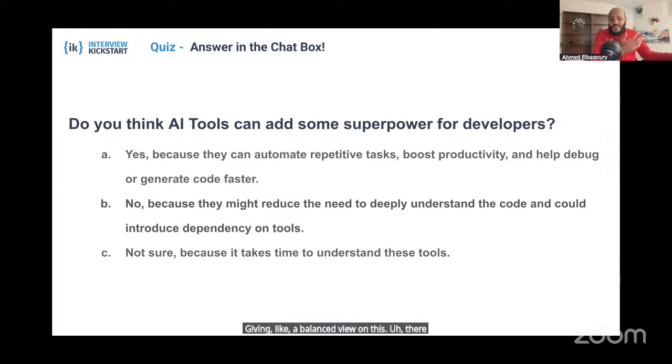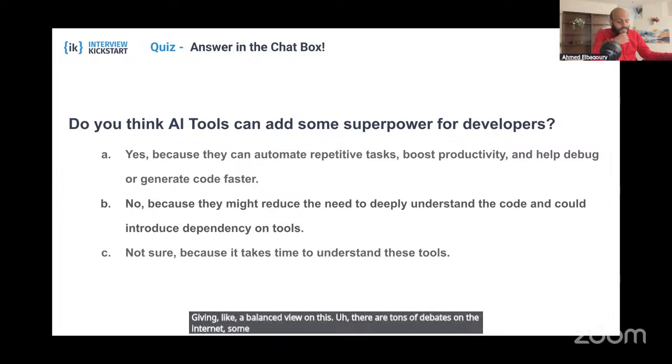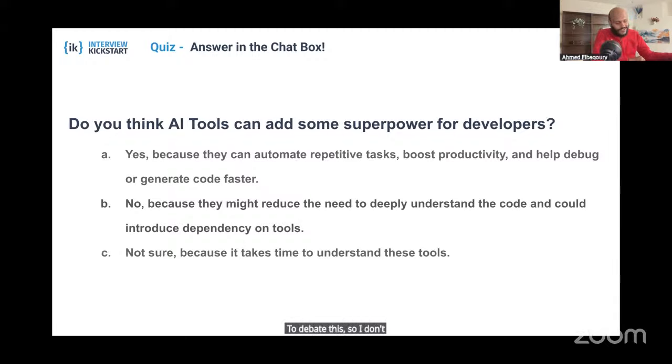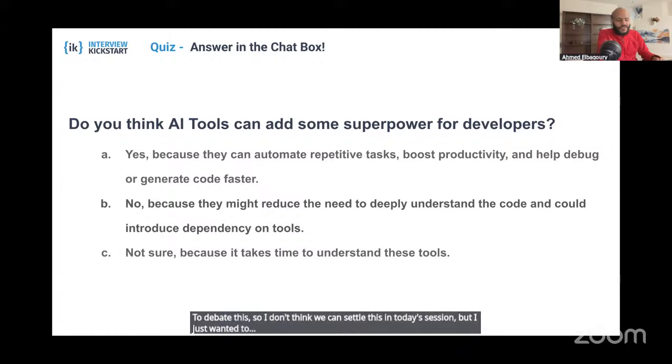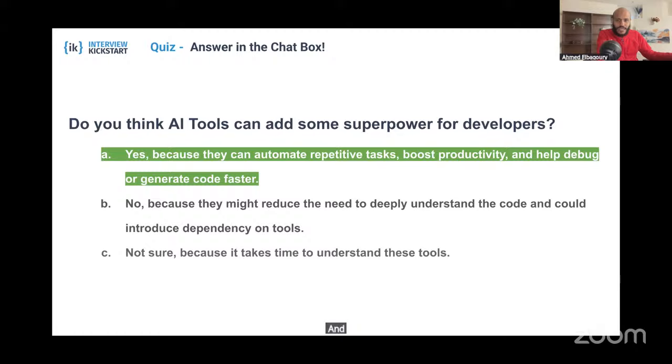There are tons of debates on the internet, some videos, some Reddit posts to debate this. So I don't think we can settle this in today's session, but I just wanted to get some discussion going with people. And related to this,